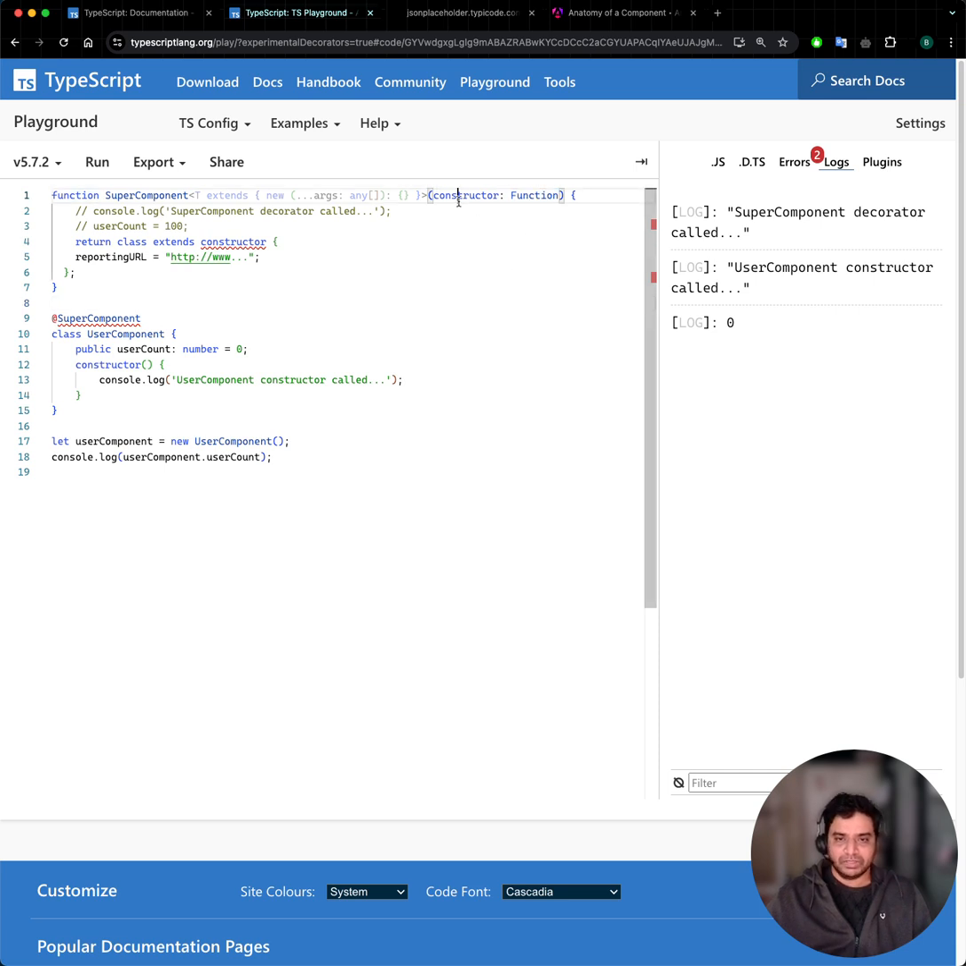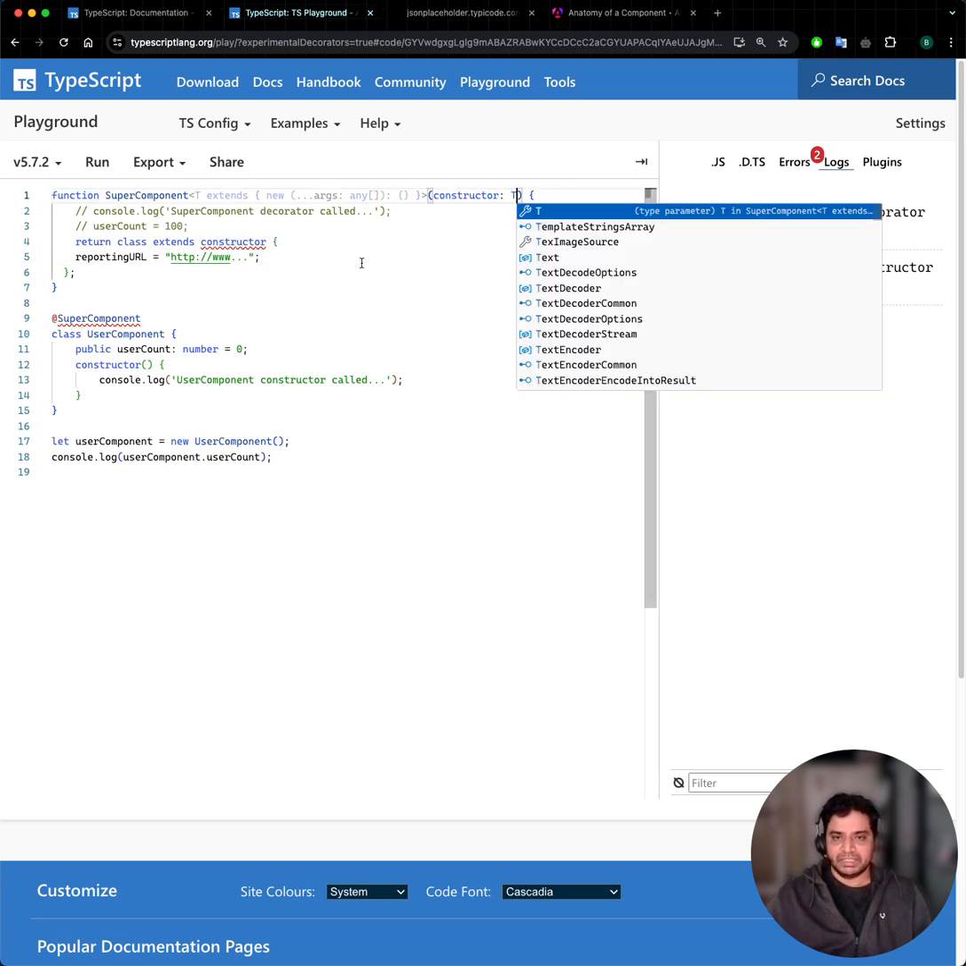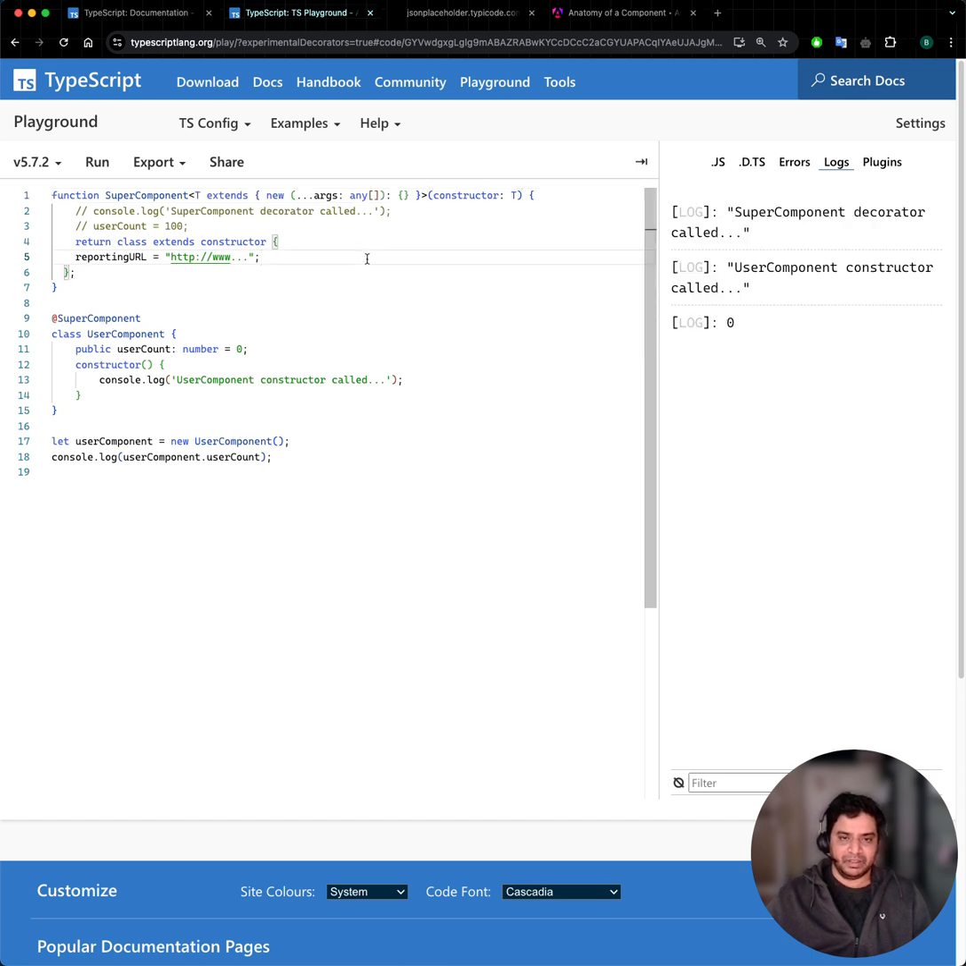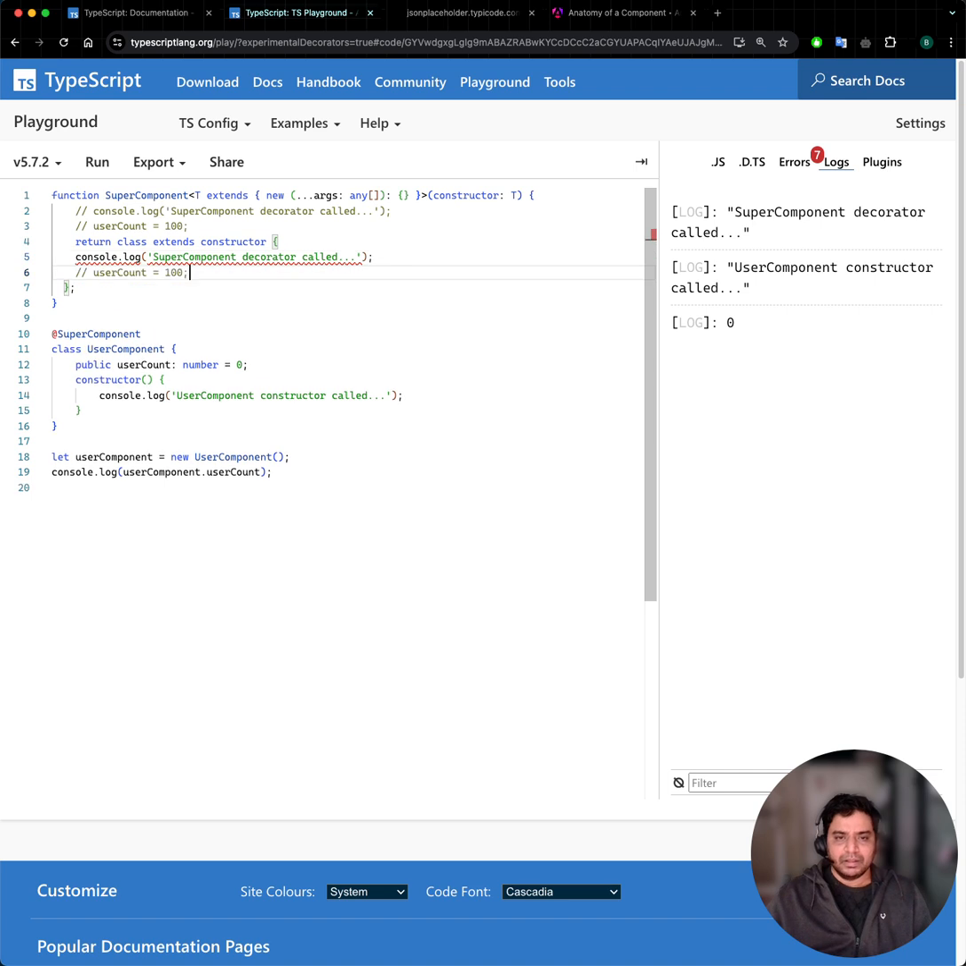Earlier we had constructor of type function, but now we have to mark it as type, generic type T. And here I will just put my console log again, and okay, we will see why it's giving us error. And let me take this out. I will put it here,